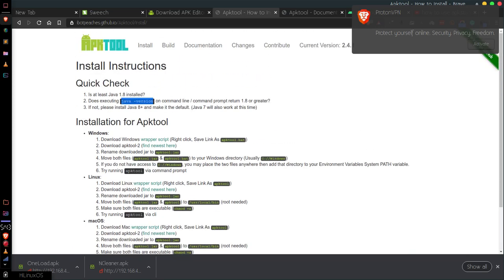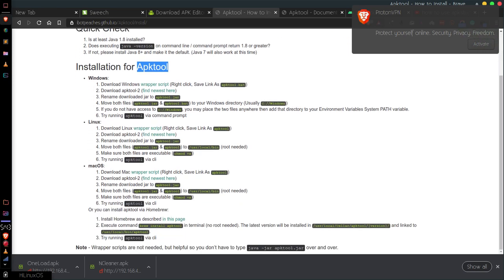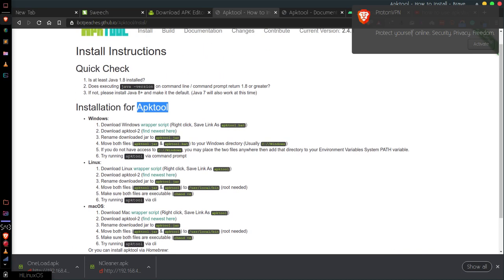It's called APK tool. With this APK tool you can easily decompile Android files and then you can make changes. After making your changes you can easily compile these files again. So if you want to learn Android app development or you just want to make some changes to your applications, it is very simple and easy.